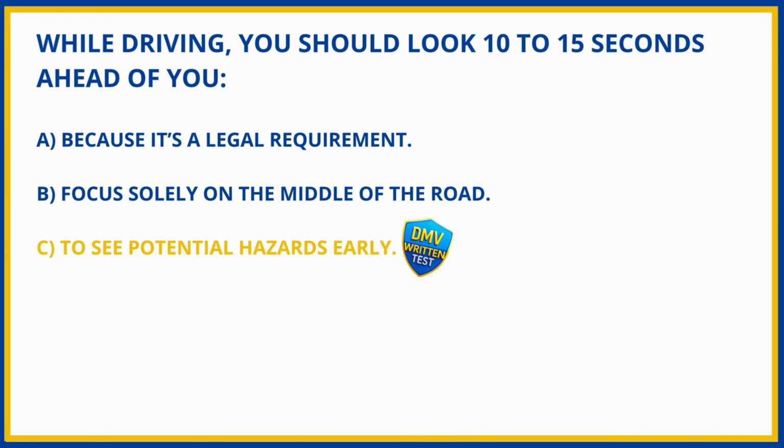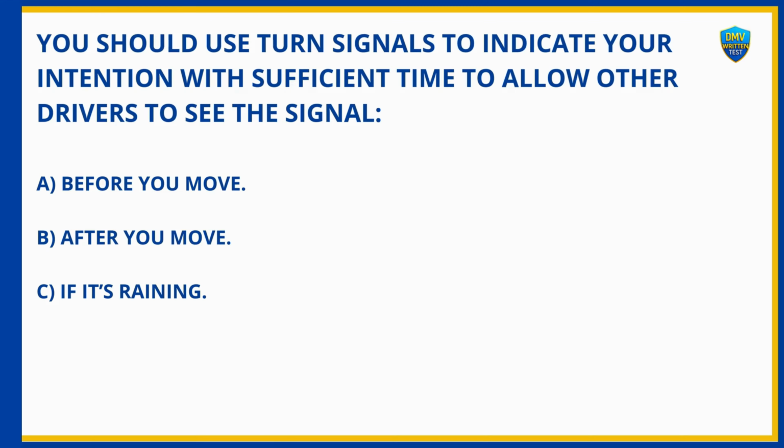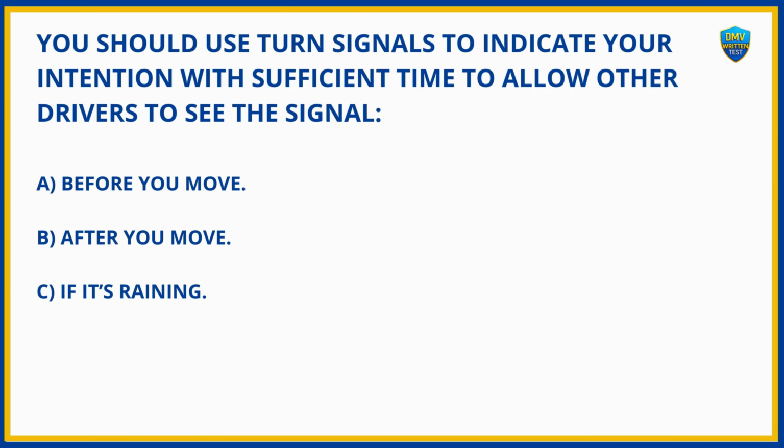C. To see potential hazards early. You should use turn signals to indicate your intention with sufficient time to allow other drivers to see the signal. A. Before you move. B. After you move. C. If it's raining. And the answer is